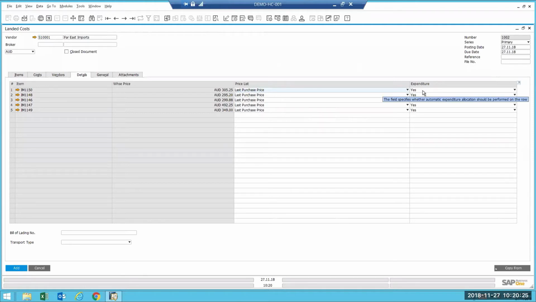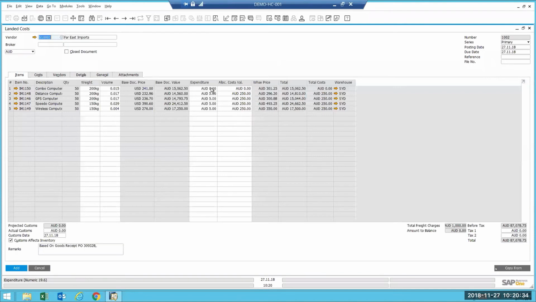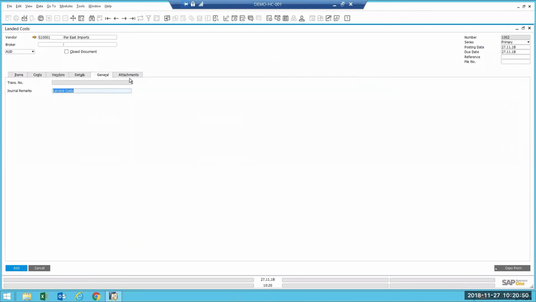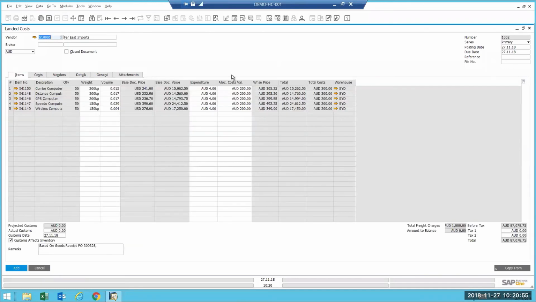I also have the option here if I do want to distribute the expense across these lines. So if I go no on that first one and go back to items, it will then remove that first line from the distribution of the costs. So that's just a bit of extra configurability around the landed costs. I have a general tab which will eventually update with the journal entry, and then we have attachments. So if I now add that to the system,